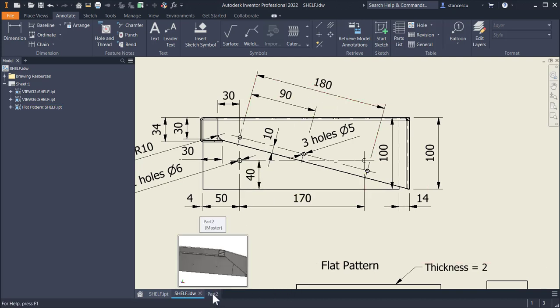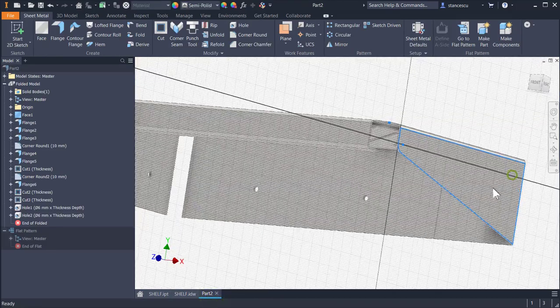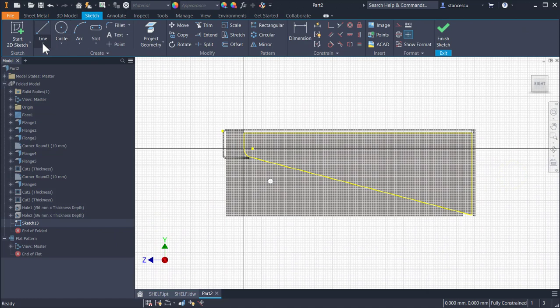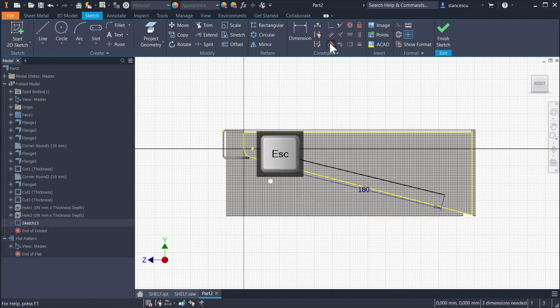To do this, we start by applying sketch, drawing a line with a length of 180 as in the drawing, which must be parallel with the edge, a distance of 30 from the left,